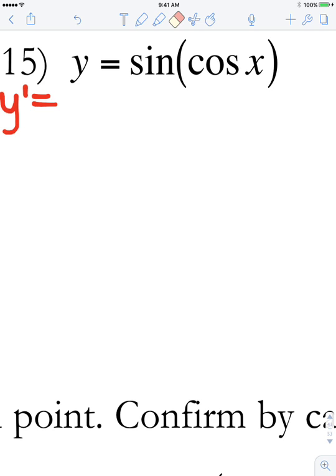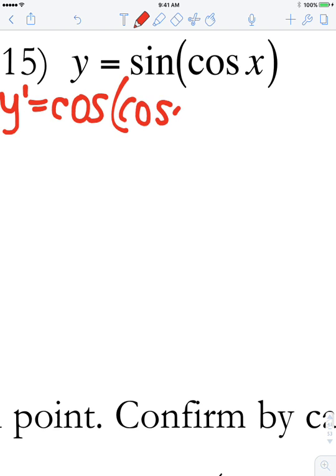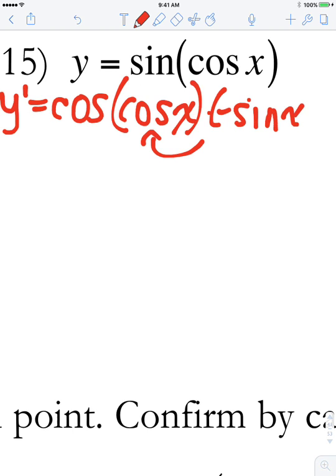Okay, so the derivative of sine is cosine. So cosine of x times the derivative of what's in here, since it's not 1, and that's negative sine of x, times the derivative of x, which is 1, so I'm not going to write it. And we're done. So your final answer is y prime equals,